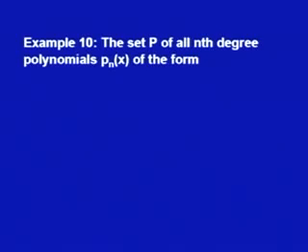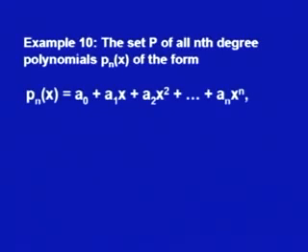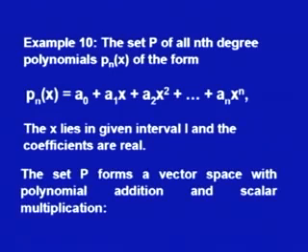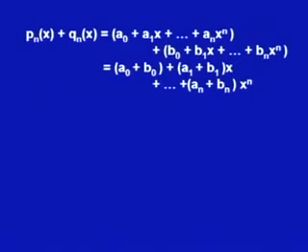The example I take now is from the set of nth degree polynomials Pn(x) of the form Pn(x) equals a0 plus a1x plus a2x squared plus up to an xn, where x lies in a given interval I and all the coefficients a0, a1, a2, an etc. are real. Then this set P forms a vector space with polynomial addition and scalar multiplication, which is defined in